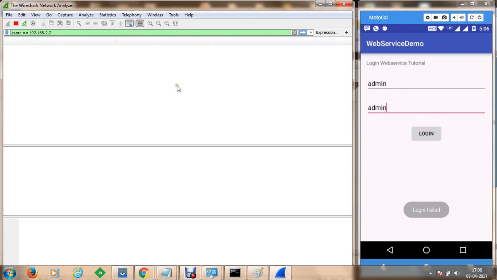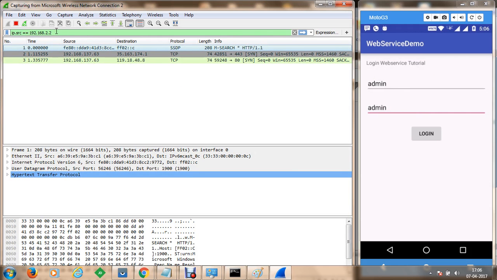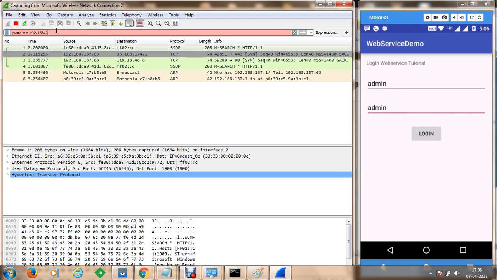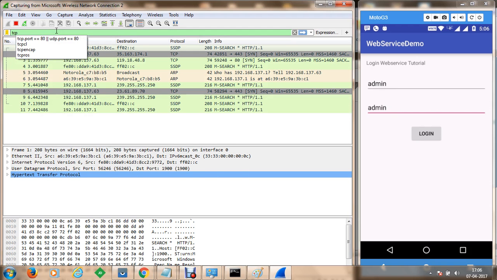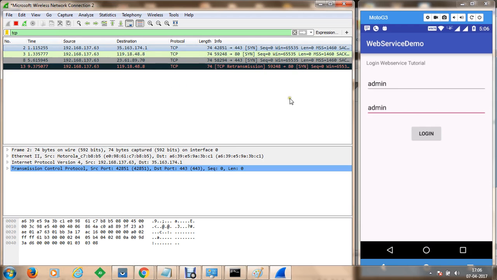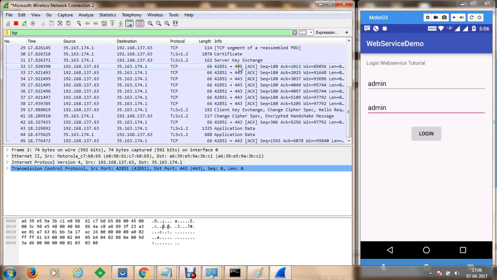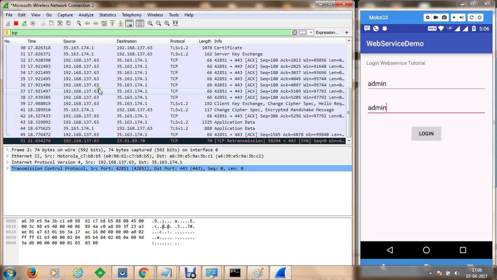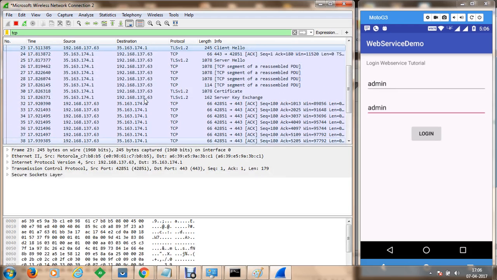So now here you can see that a lot of packets have been traveling in this connection. And now what we can do is, we are going to change that search filter to TCP only. Let's say we like to put that to TCP. And now what next we can do is, let's say if we send some request or something, if we have the internet connection working properly, you will be able to receive the connections. So now you can see that there are some communications which are being performed in this connection.